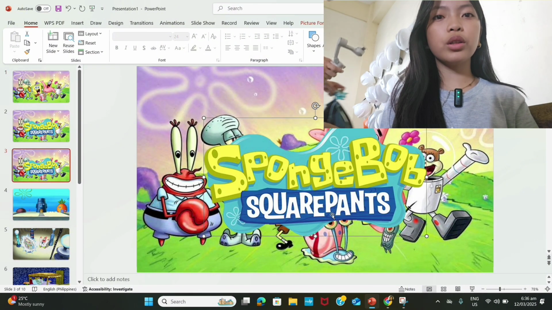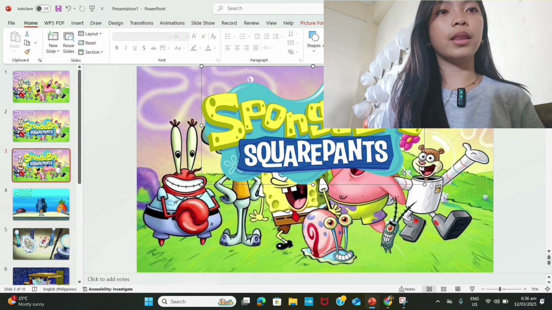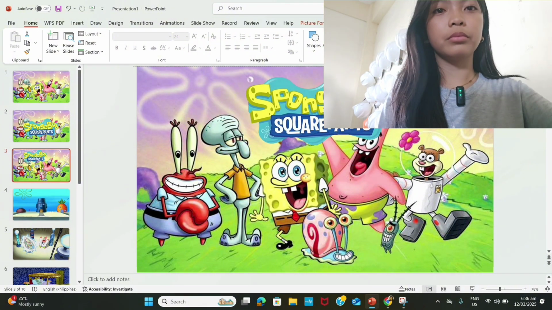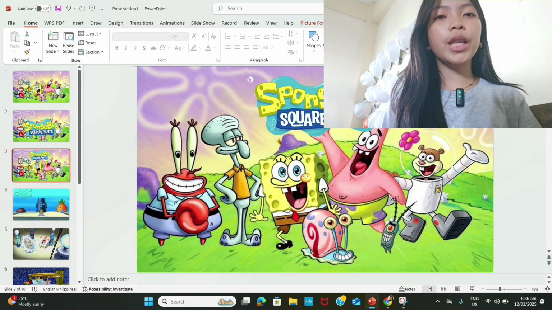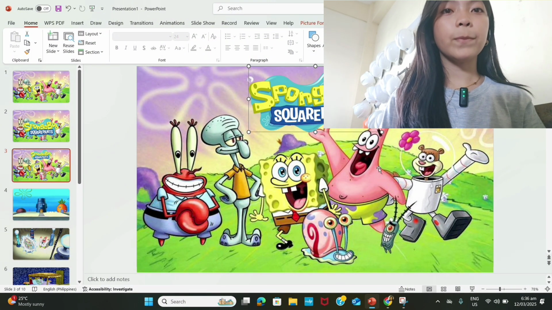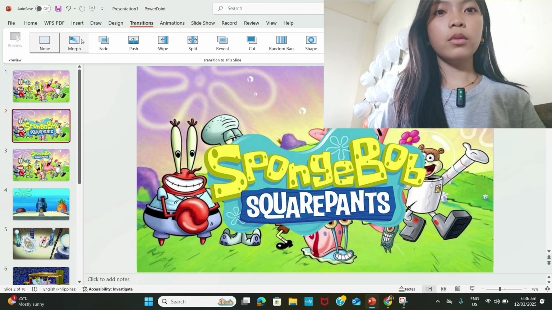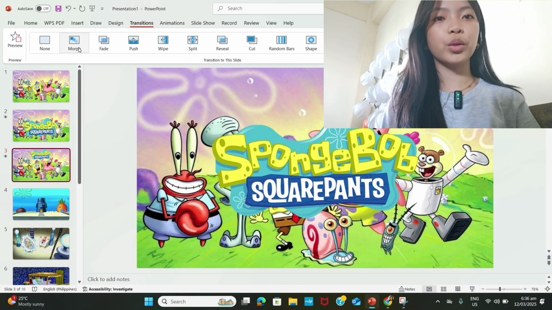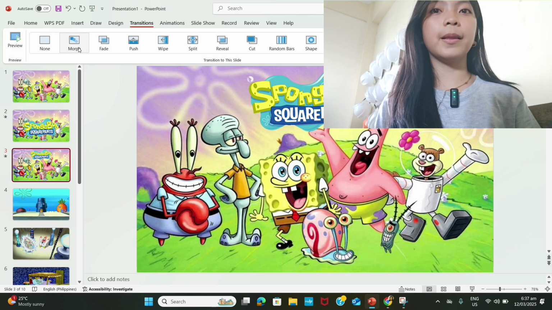Now, drag your pictures to the center of your page and drag it upward and make your desired adjustment. But in our demonstration, I will just make it a bit smaller and drag it upward. After you're satisfied with your adjustment, duplicate the page and move your pictures to whatever place you want. So in this demonstration, the transition will become upward.